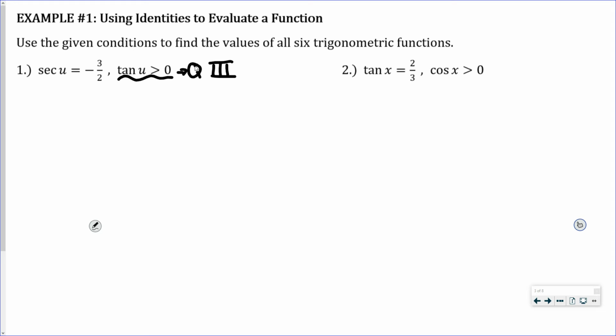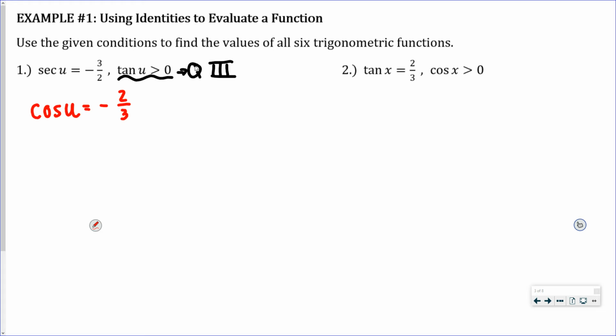Again, normally we've sketched a picture. We're not going to use that. We're going to do the identities. I don't really have a method to how I do these. I just kind of piece by piece do what's easiest. So if I know what secant is, I can easily find its reciprocal. Cosine would be